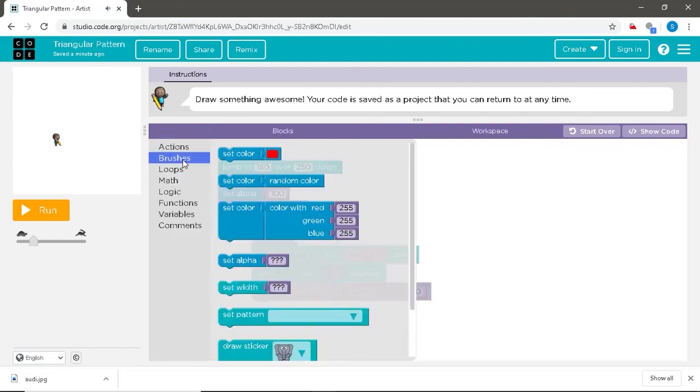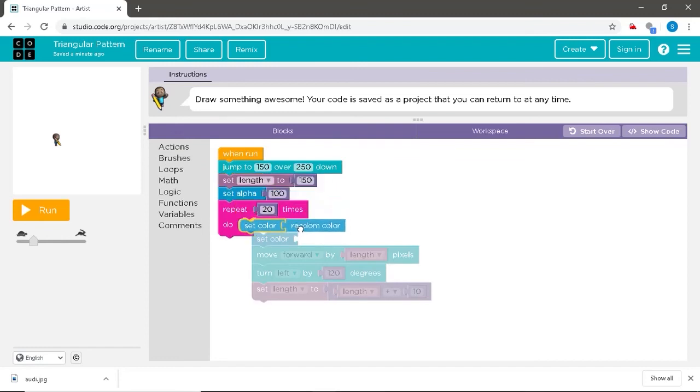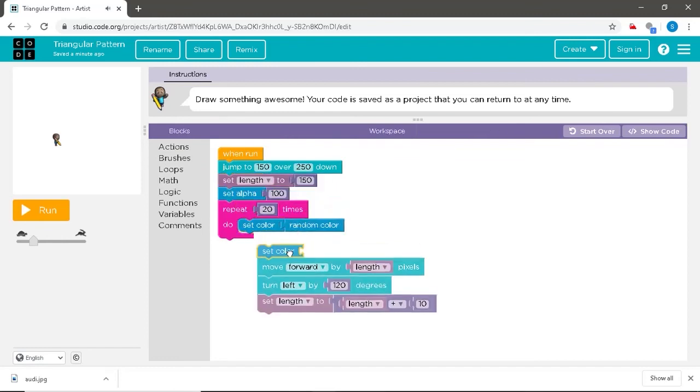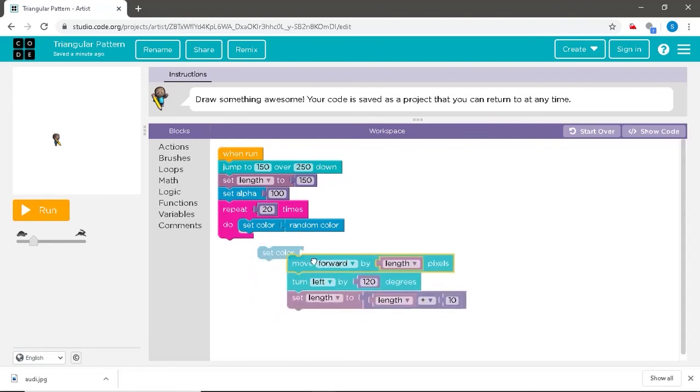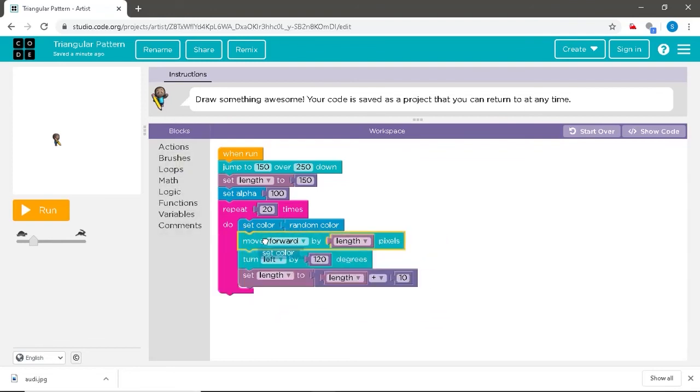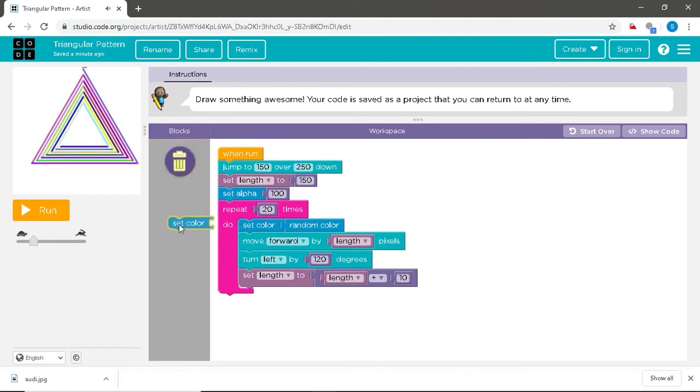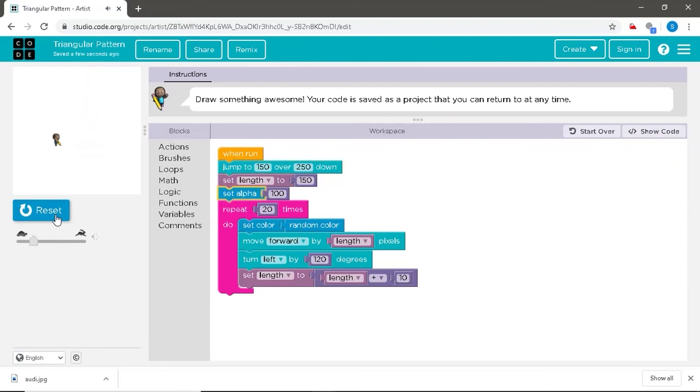And in the brushes, we shall drag the set random color command and place it here. As you can see, once we compile the code, every side of the triangle is drawn using a random color. So, this is because we have changed the color option.